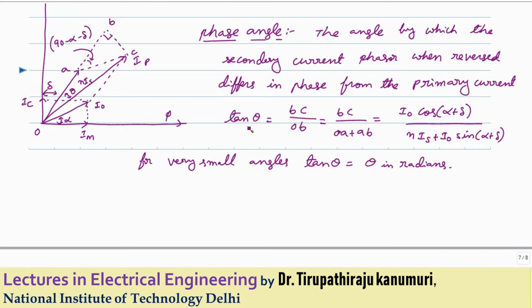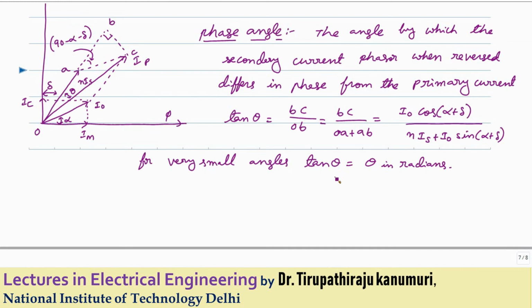From this diagram I can write tan theta. Tan theta is nothing but opposite by adjacent. Opposite is BC and adjacent is OB. So this OB I can write as OA plus AB, so tan theta equals BC divided by (OA plus AB). BC we have already derived as I naught cos (alpha plus delta), OA is n times Is, and AB is I naught sin (alpha plus delta). For very small values of the angle theta, because in practice theta is very small, even less than 1 degree in practice,